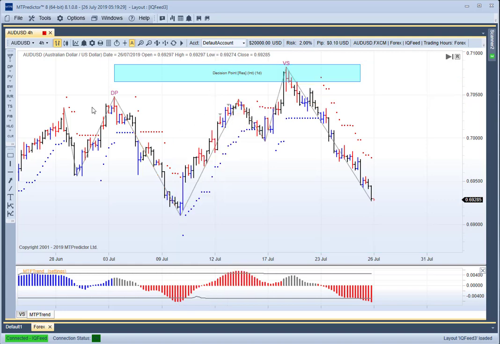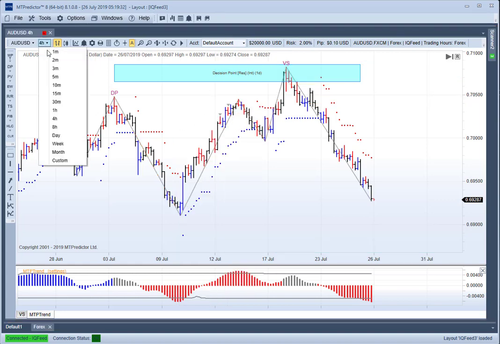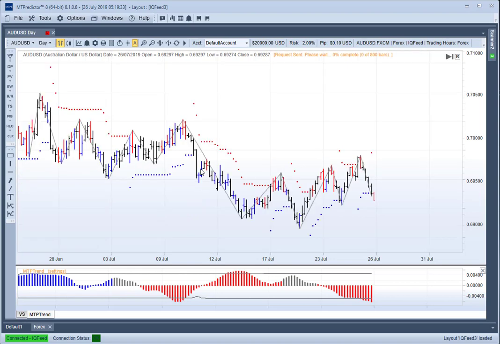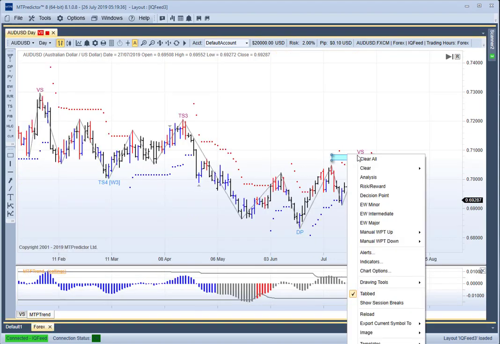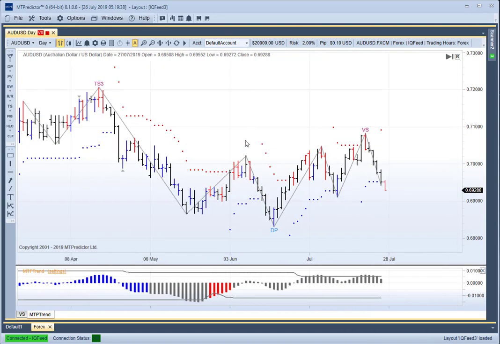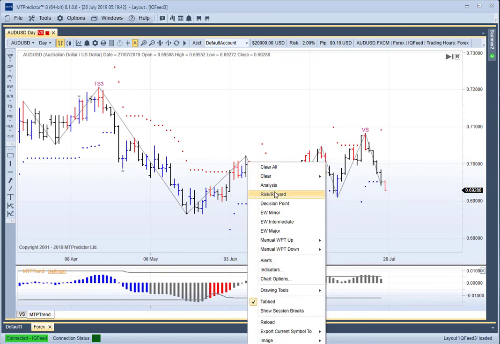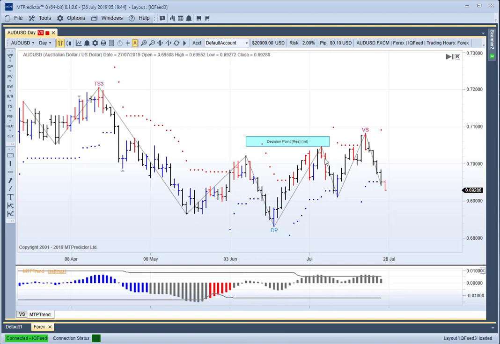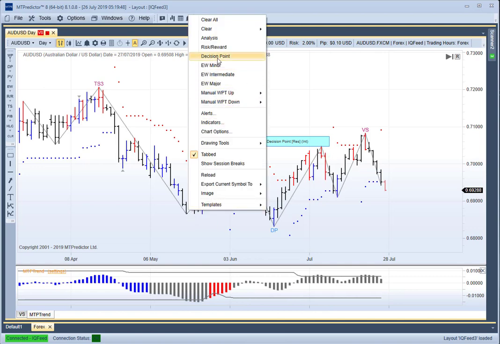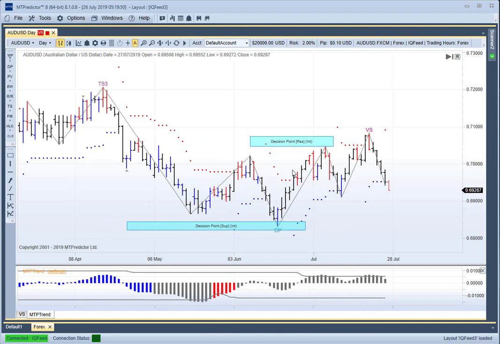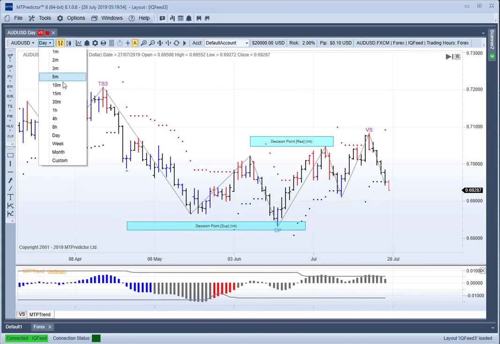I just want to go back and have a look at these ones here. So if I go out to the daily time frame again, I'll just want to take that DP off. The previous DP would have come off the previous pivot low or high there. If I right mouse click, there it is. You can see how that caught that high. By the way, if I go back to here, you can see how it nailed the low there really nicely as well. But I want to look at this particular level here, because when I come in on the 4-hourly